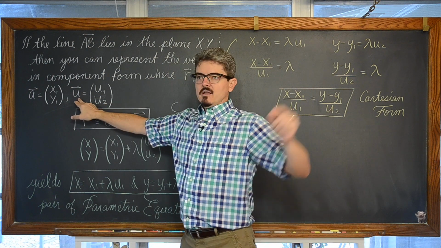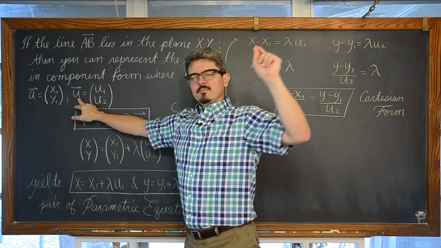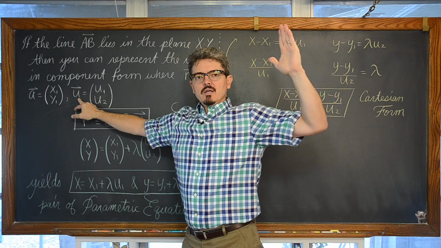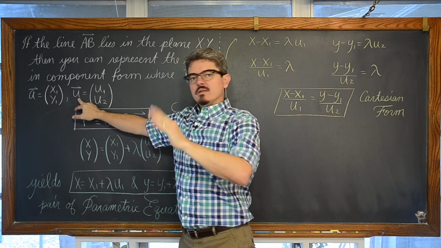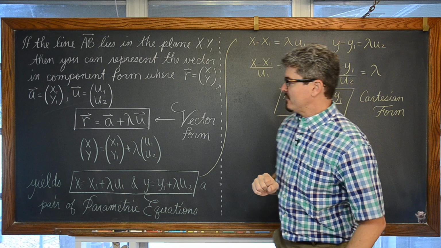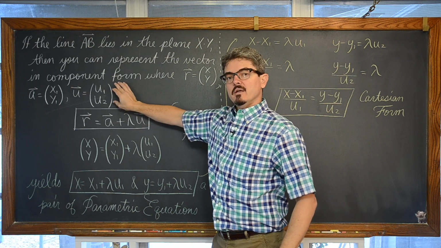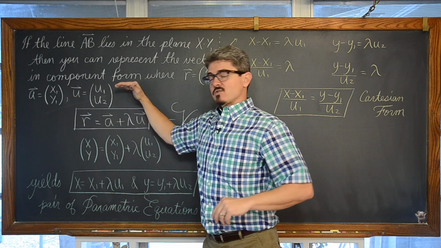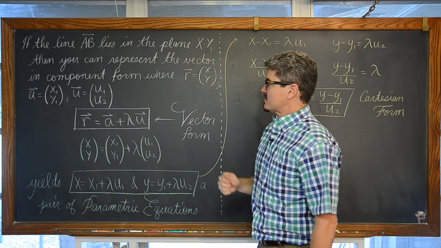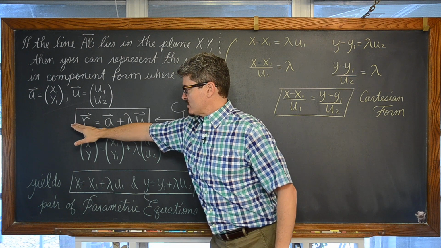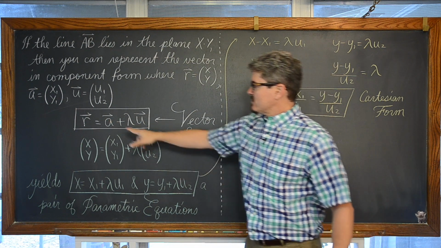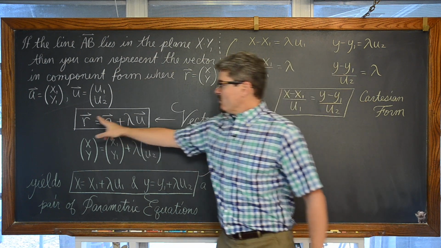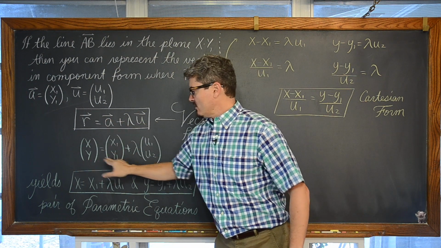We're looking at, say, like the previous page, coordinate B and coordinate A, and we're doing terminal minus initial to set up the component form of that vector. This is sort of like our vector AB, if you will. Only our directional vector doesn't actually have to be on the line, it just has to be in the same direction. So we have vector r is equal to vector A plus lambda times vector u. That was just on the previous page. Now if we write each of these vectors in their component form,